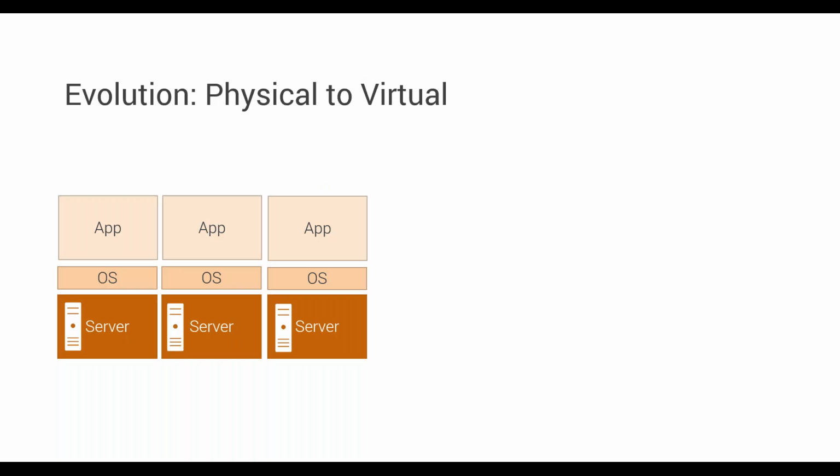Let's see. So in the beginning, there were physical servers. You had a physical server, you needed to procure physical hardware. Every physical server ran its own operating system, and on that operating system, you would deploy an application or two applications, depending on your use case. If you had a new application and you couldn't deploy it on existing hardware, you needed to get a new